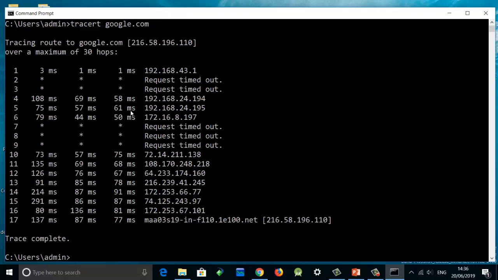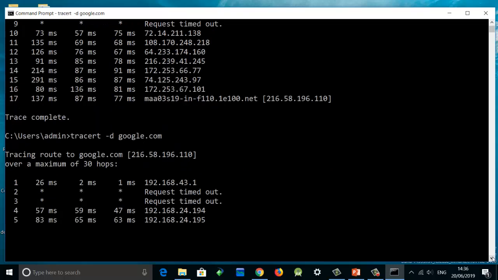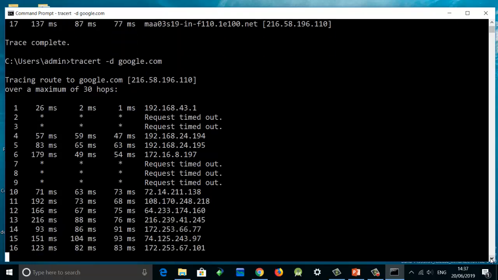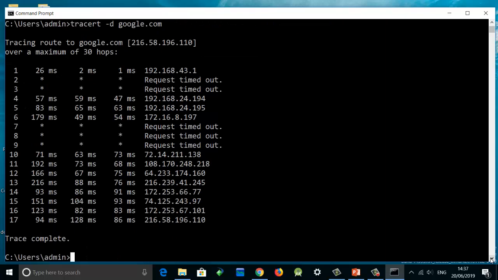Now second option, traceroute google.com. We will use -d here. Now we will see what will be the effect of -d. Now you are seeing there is some improvement in speed. And trace is complete.